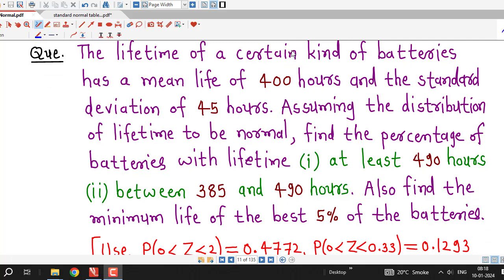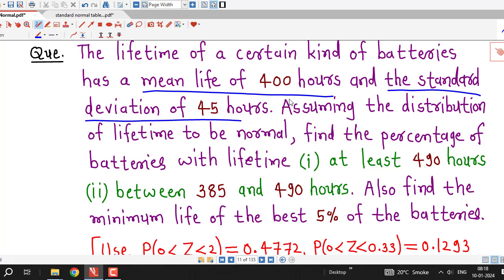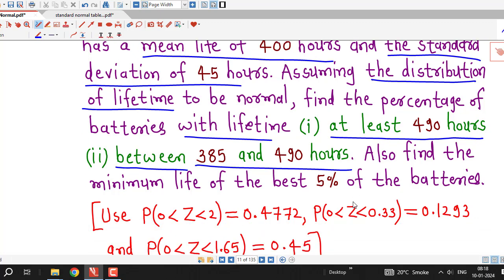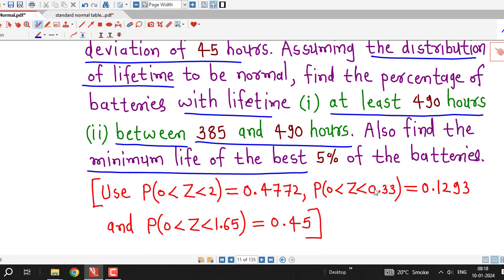The lifetime of a certain kind of batteries has a mean life of 400 hours and the standard deviation of 45 hours. Assuming the distribution of lifetime to be normal, find the percentage of batteries with lifetime at least 490 hours, with lifetime between 385 and 490 hours. Also find the minimum life of the best 5% of the batteries, and here they have given the values of